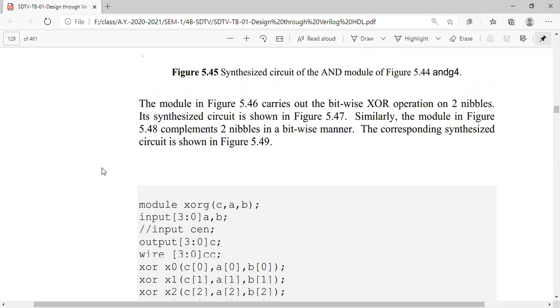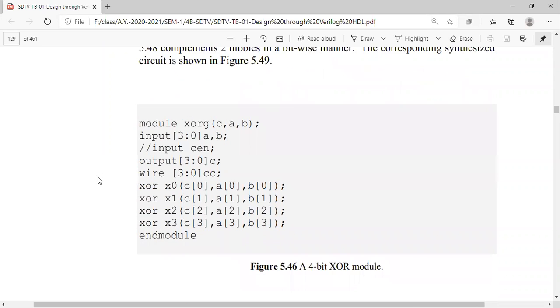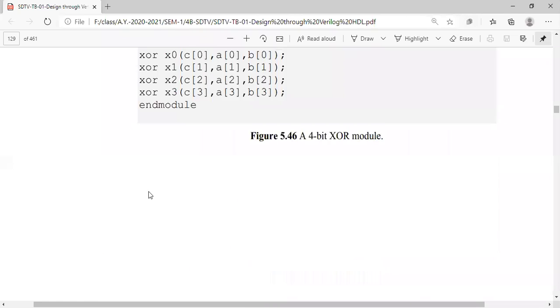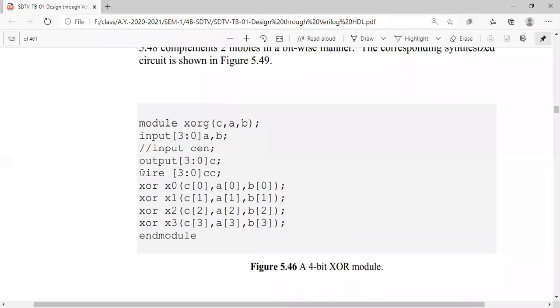So XOR gate is also similar. Previously we have done A is a 4-bit and B is a 4-bit, and we have performed AND operation. Now we are performing XOR operation only. This is also unnecessary for us.